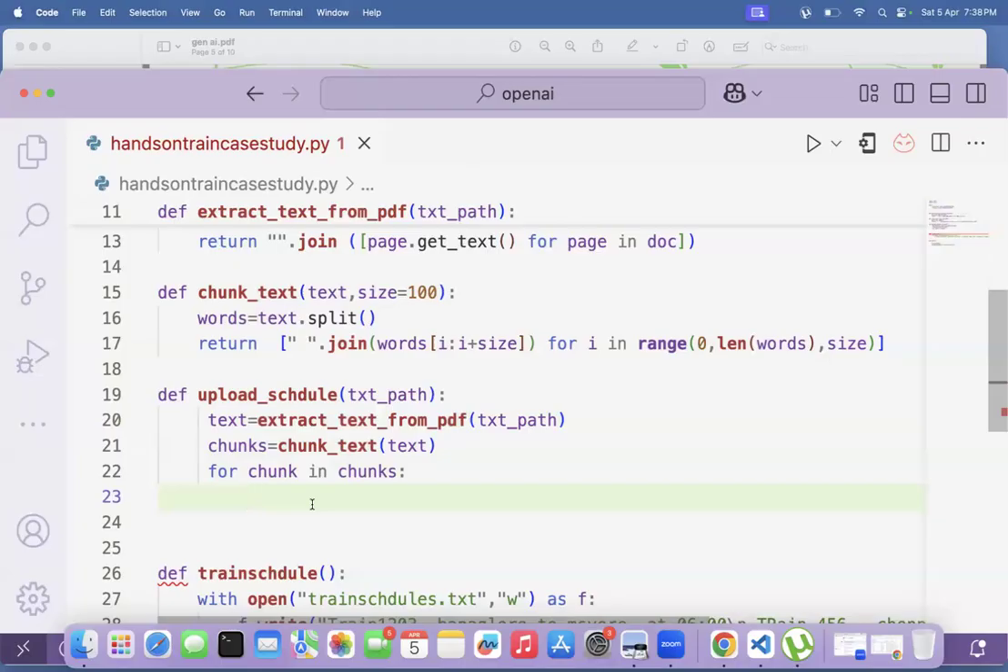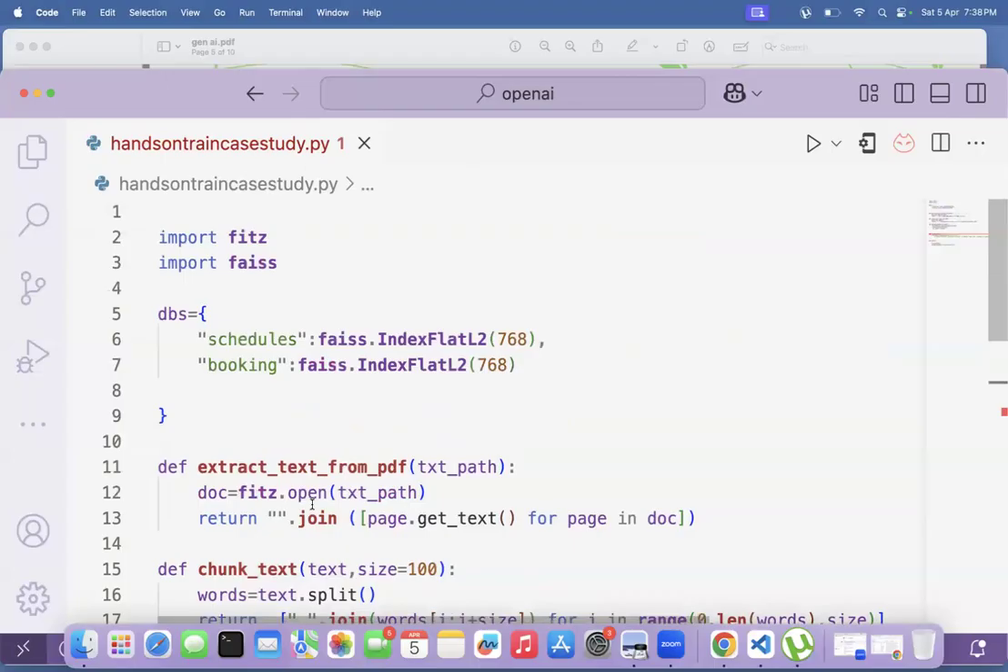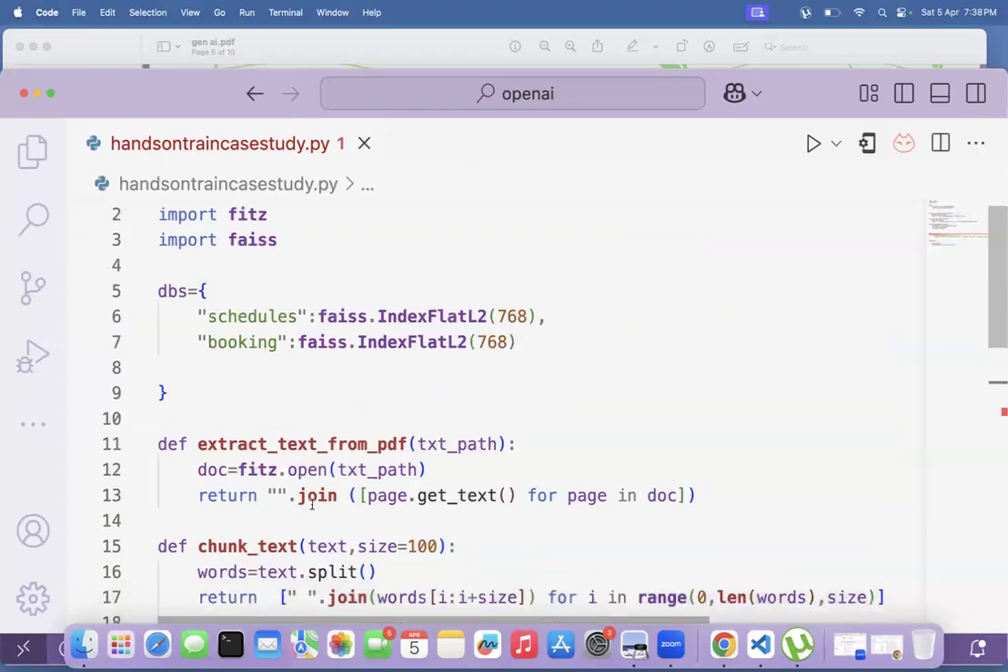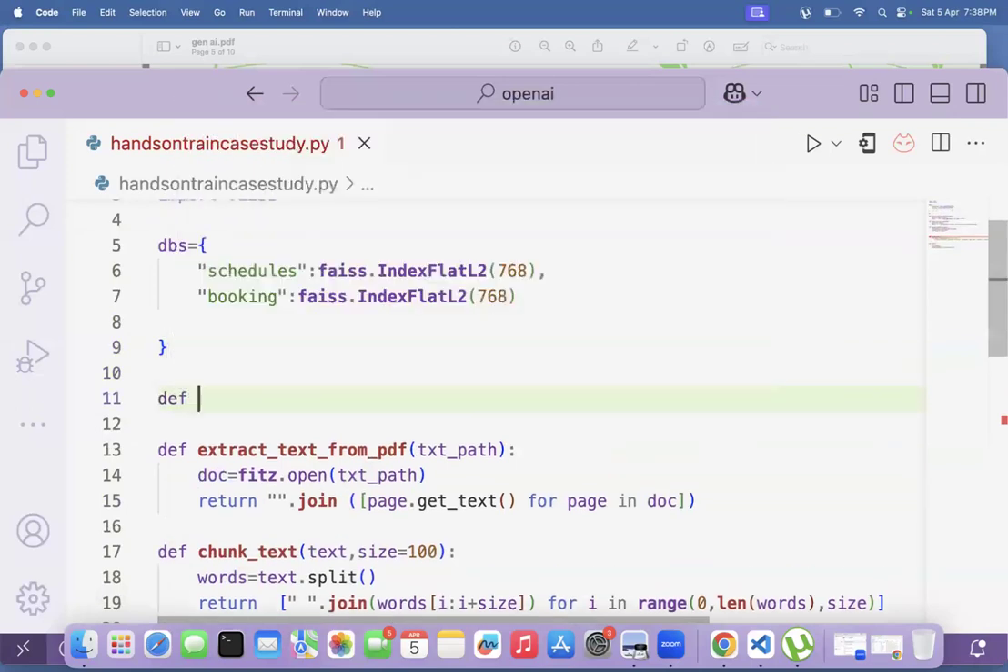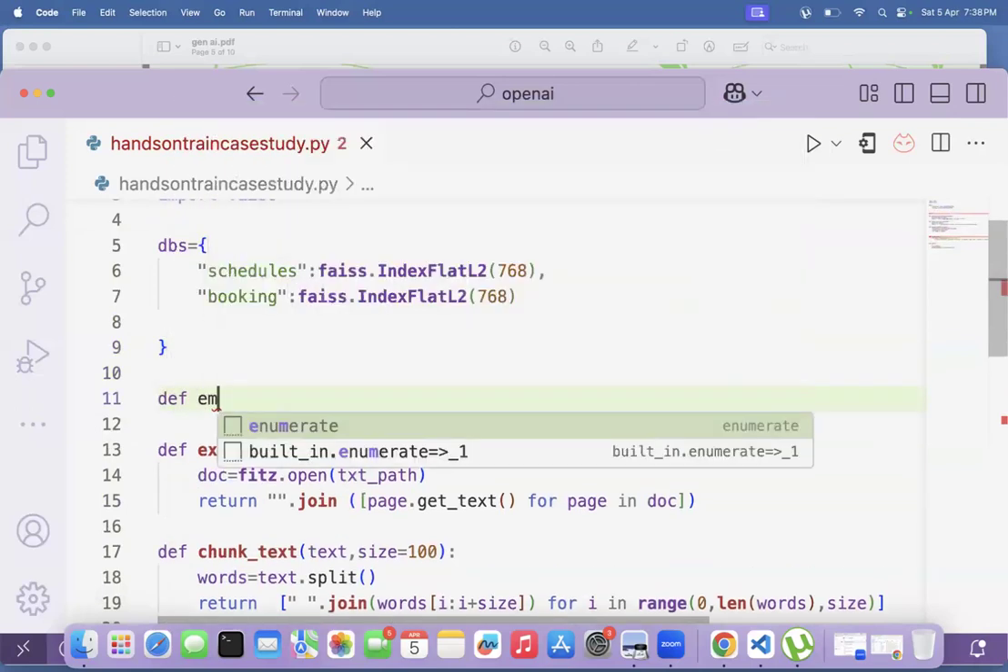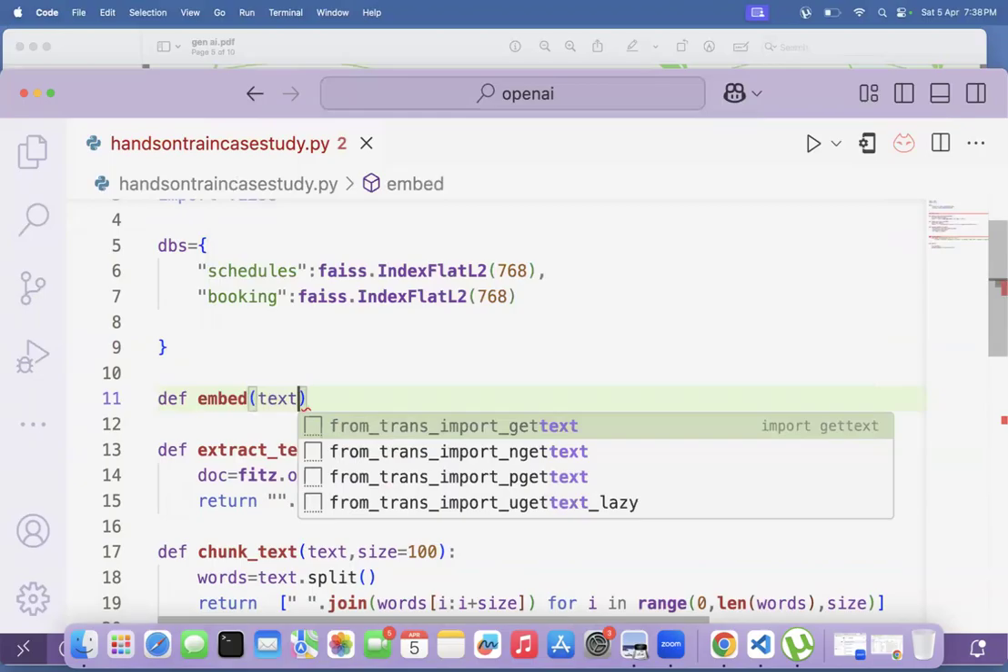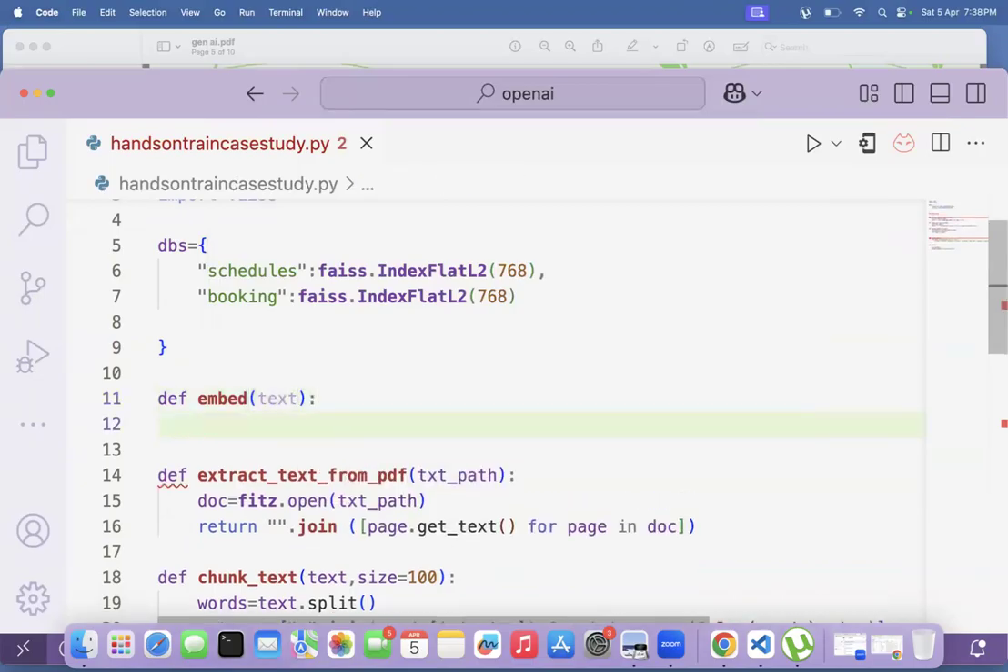Can we do one thing, guys? Now we have to embed, right? So how do we embed this? I'll write one function called def embed, which will take text. Inside this,